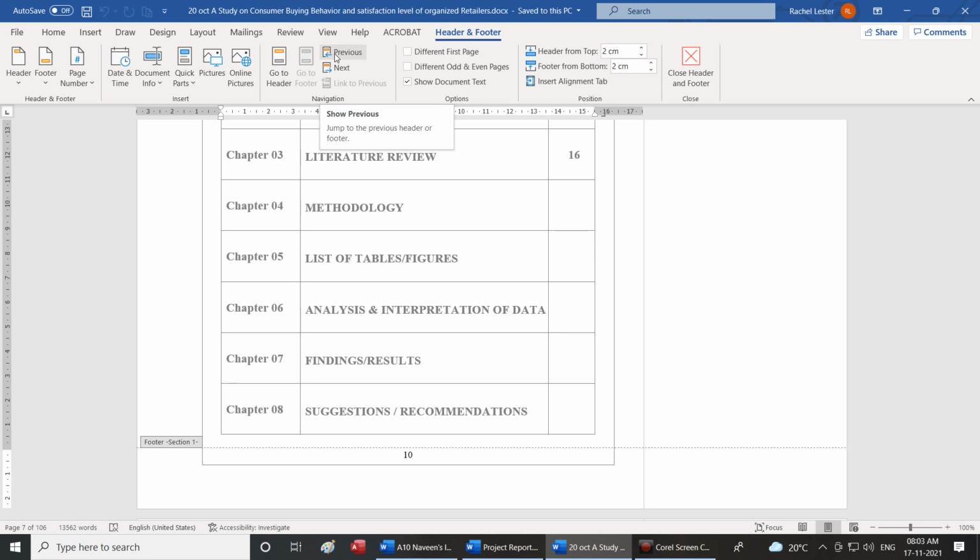In front of previous, you write down, jumps to the previous header or footer. In front of next, you write down, jumps to the next header or footer.